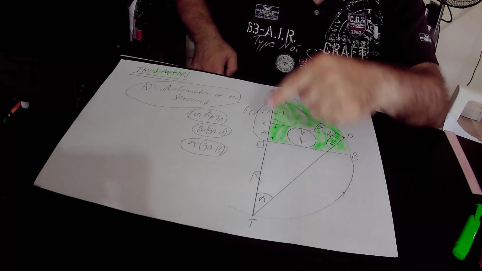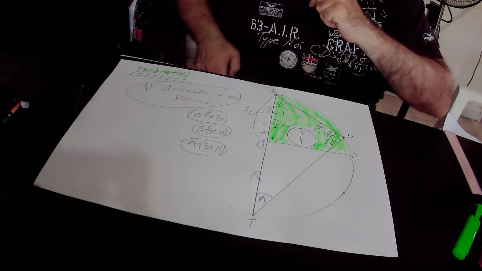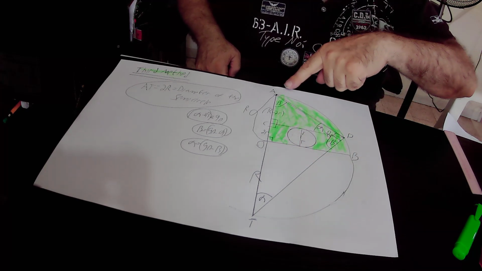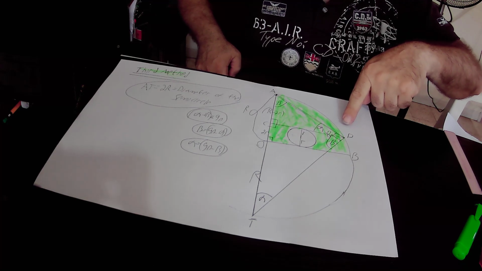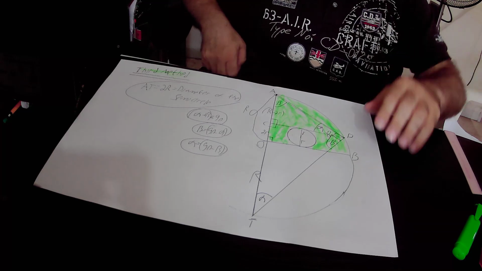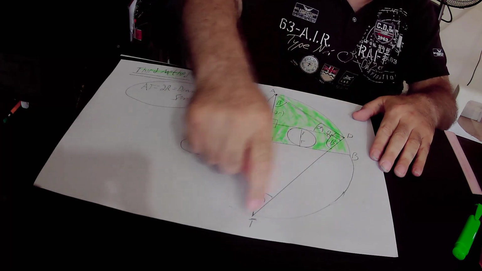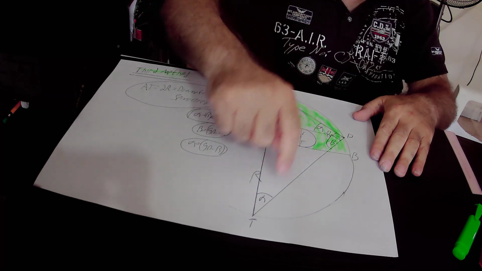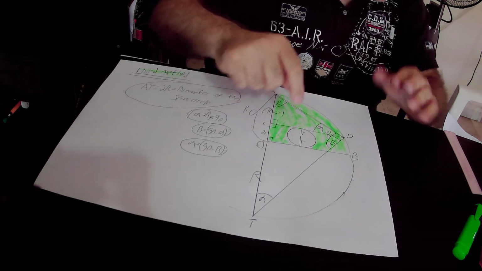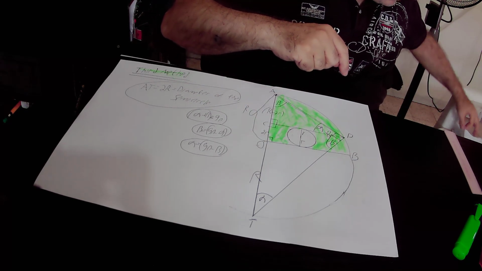Therefore, AT is the diameter of this semicircle. We join points A and D together by a straight line. We join points D and T together by a straight line. This way we created peripheral angle ADT. Peripheral angle ADT rests on the diameter of this semicircle, and according to rule number 5,